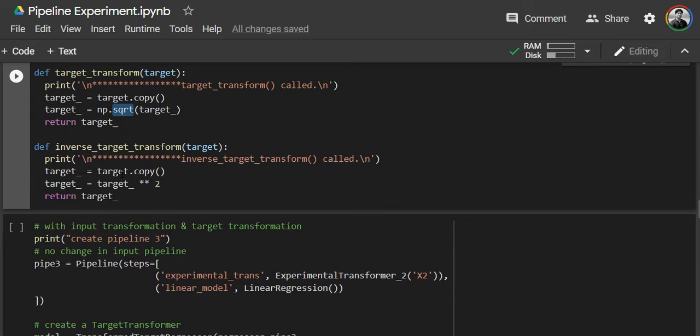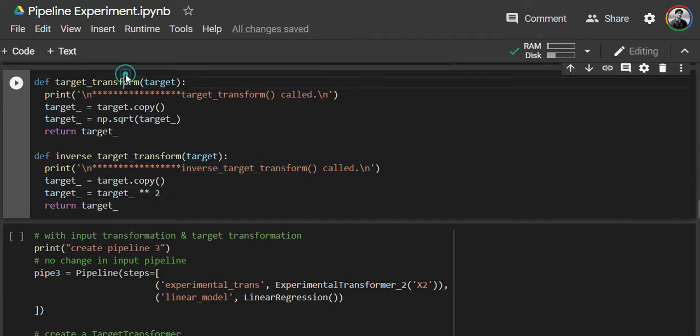Then obviously predictions will be made, and the y which will be predicted will have to be squared so that they can match the actual scale of the target variable. So what I'm doing is the inverse of this here. In the target transform, if I'm doing the square root, the predictions will also be 9, 16, something like that. But the predictions need to be the square of that, and hence this has to be applied, and hence I'm saying raise it to the power of 2.